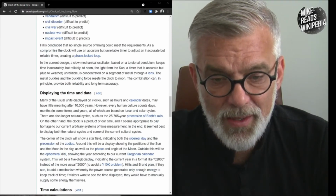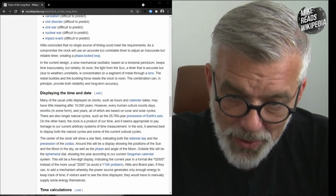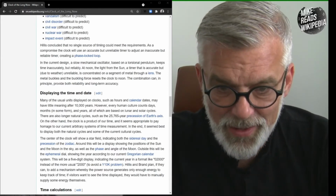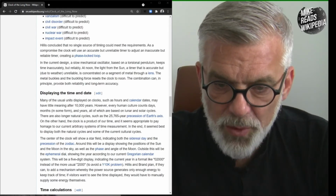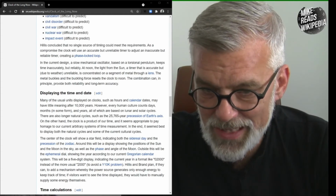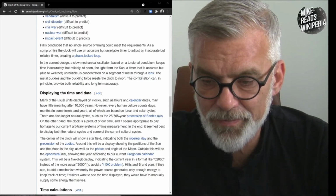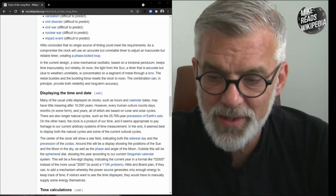Displaying the time and date. Many of the usual units displayed on clocks, such as hours and calendar dates, may have very little meaning in 10,000 years. However, every human culture counts days, months in some form, and years, all of which are based on lunar and solar cycles. There are also longer natural cycles, such as the 25,765-year precession of the Earth's axis. On the other hand, the clock is a product of our time, and it seems appropriate to pay homage to our current arbitrary systems of time measurement. In the end, it seemed best to display both the natural cycles and some of the current cultural cycles that